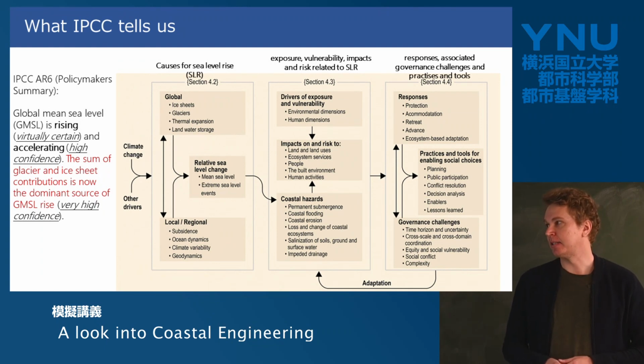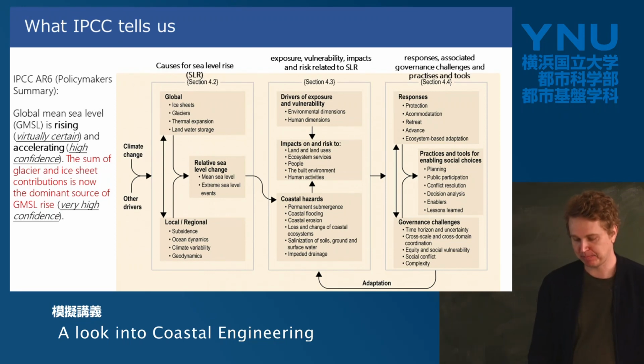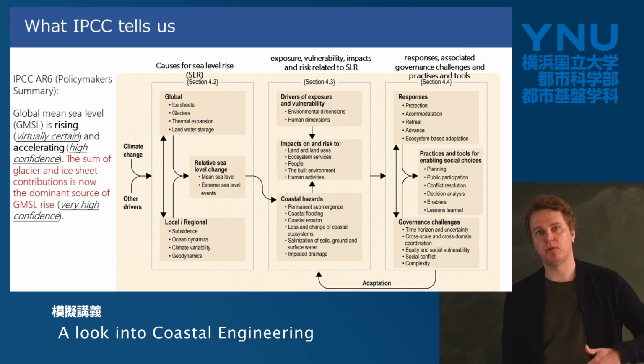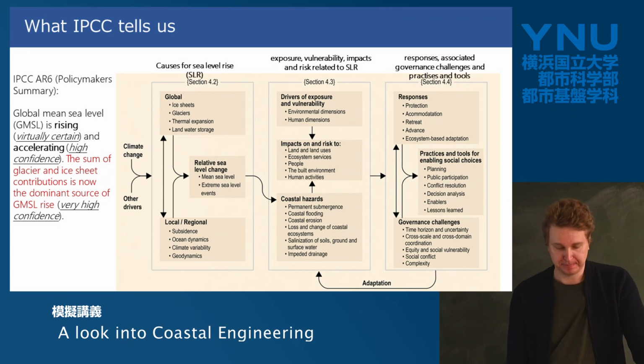information. And again, when we talk about sea level rise or global mean sea level rise, it has been now identified that the main cause, or the main sort of driver, so to speak, for the mean sea level rise is actually from the melting of glaciers and ice sheets. So this is usually in higher elevation areas, and especially when we talk about North Pole, South Pole, Arctic, Antarctic.